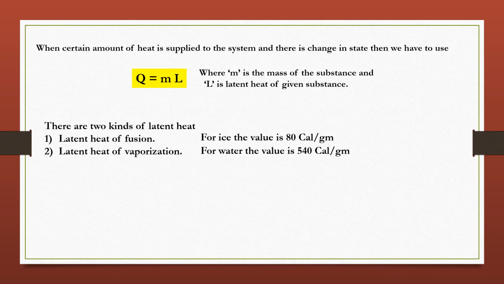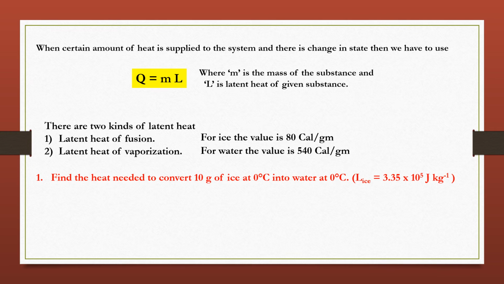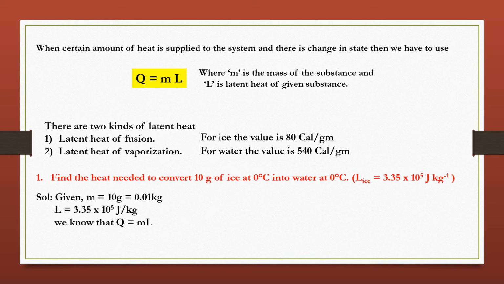Let us understand this by one simple example. Find the heat needed to convert 10 grams of ice at 0 degrees Celsius into water at 0 degrees Celsius. Given mass of the ice as 10 grams, and it is converted into the SI system as 0.01 kilograms, and given latent heat of ice as 3.35 × 10^5 joule per kg, and we see that the temperature is constant, temperature has not changed here, only the state has changed from solid to liquid. So we are using the formula Q = mL, and if we substitute the values in the above formula, we get the answer as